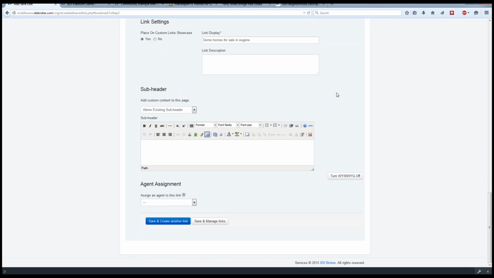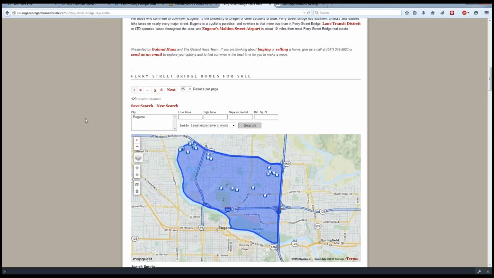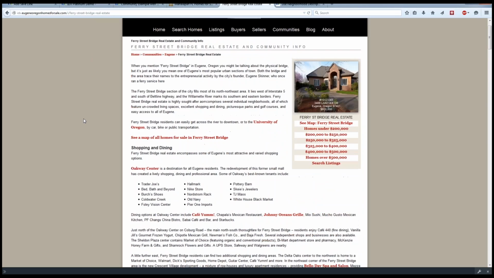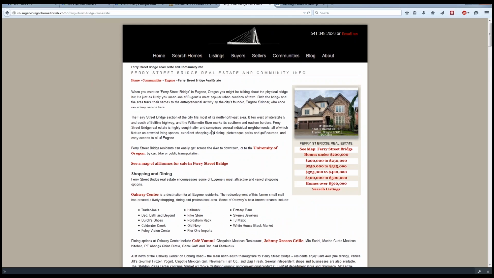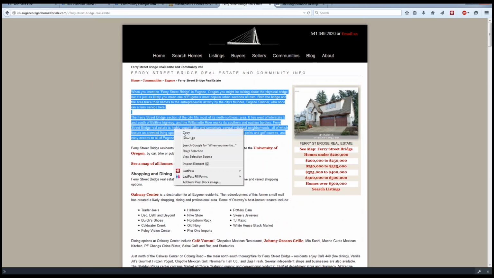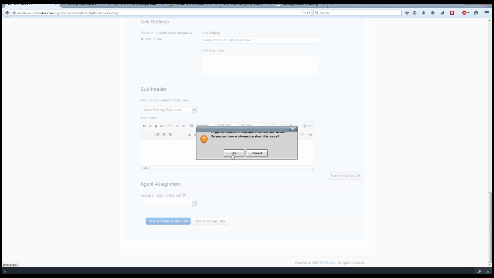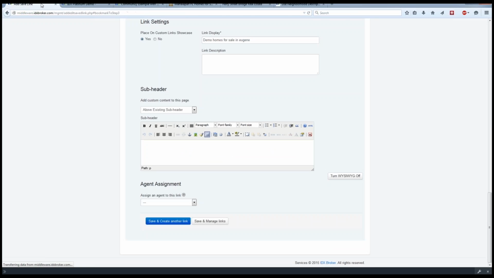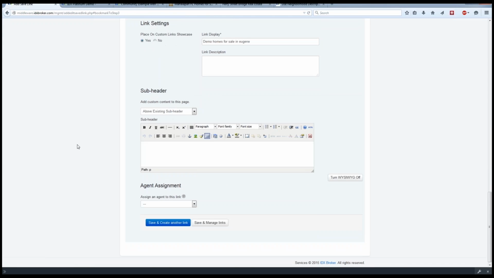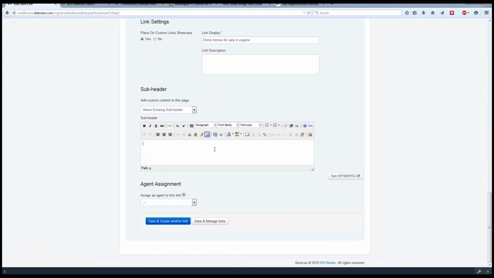Adding a custom subheader. This is where you put all the detailed information about this community or subdivision. For instance, let's add this in here just so you can see as an example what it would look like. We'll paste it. Maybe it won't let me. It might not let me paste that in there. So we can put this is